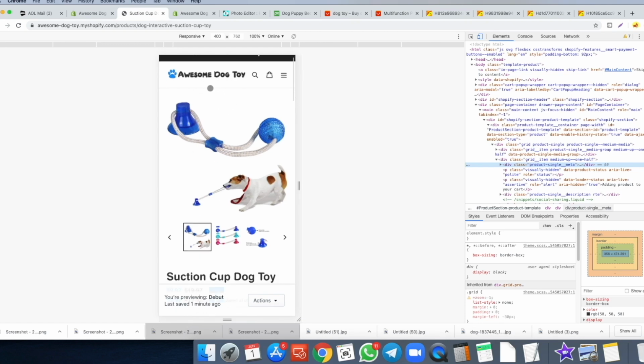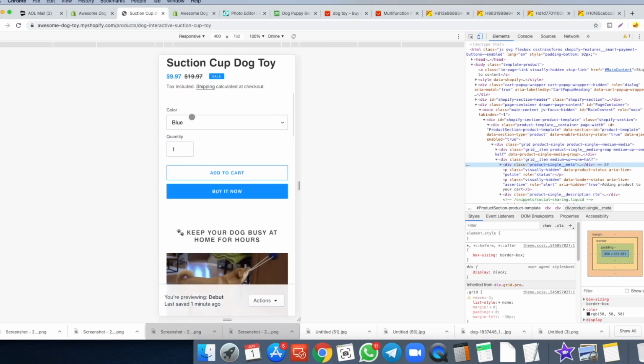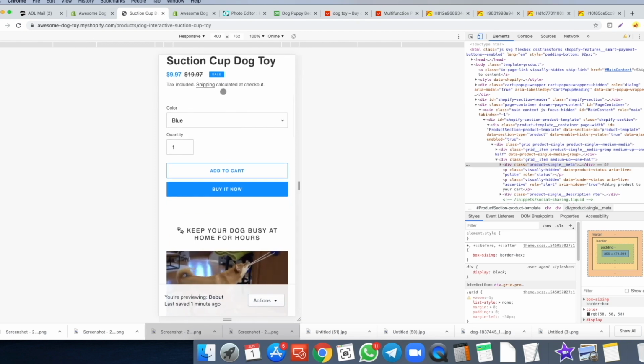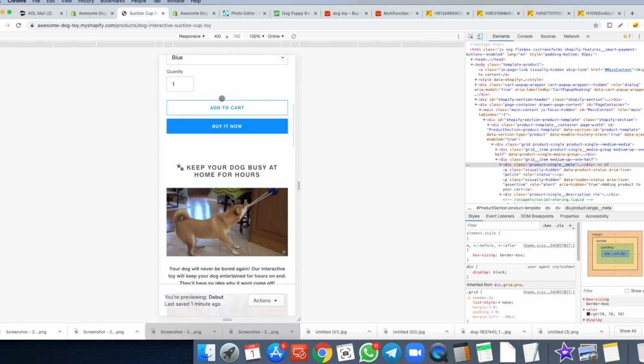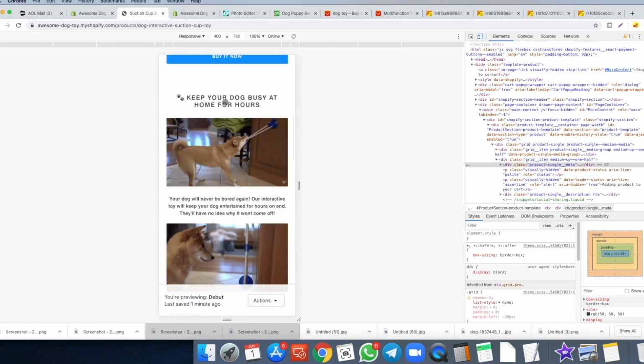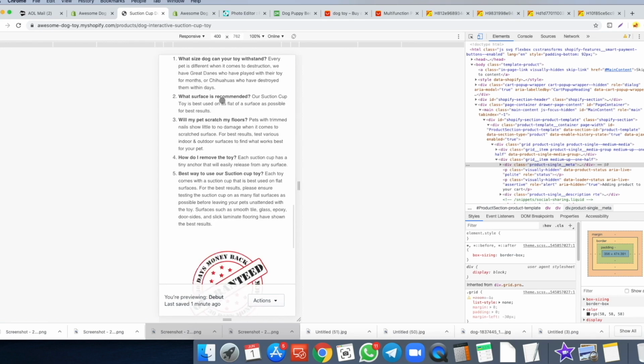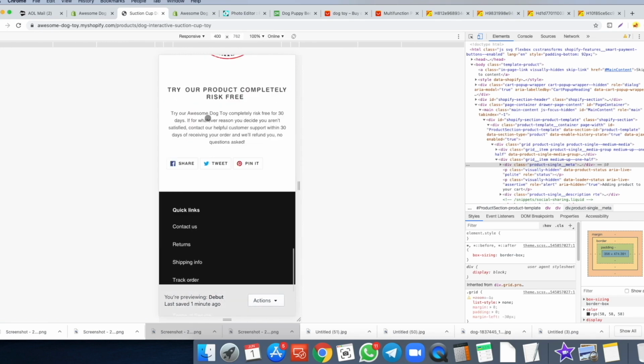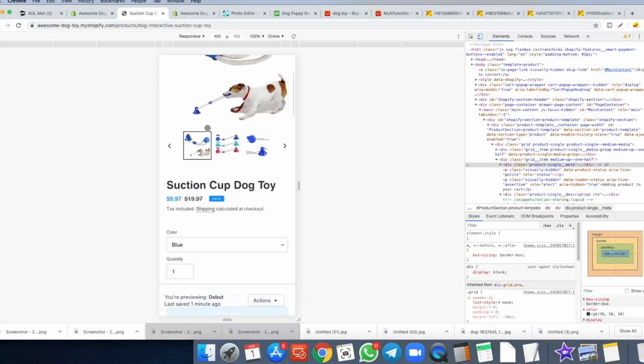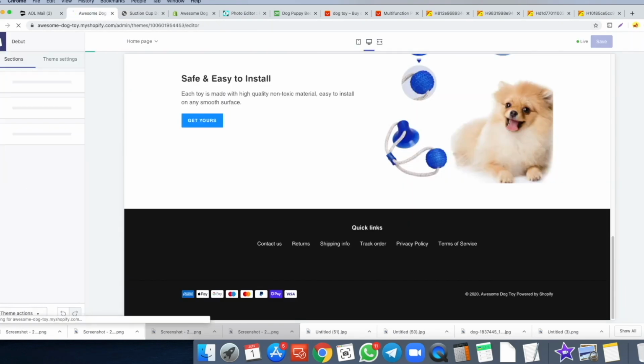So we have the banner, the logo image, and now only this thing over here, the tax included, shipping calculated, checkout. I'm going to show you how to remove that, but overall, as you can see, that looks amazing. I'm really happy with the product page, really looks good, and we have everything that we need. All we need to do to remove this thing over here is let's go back over here